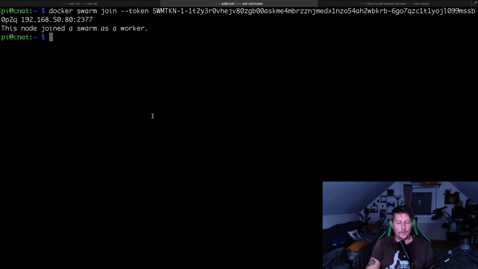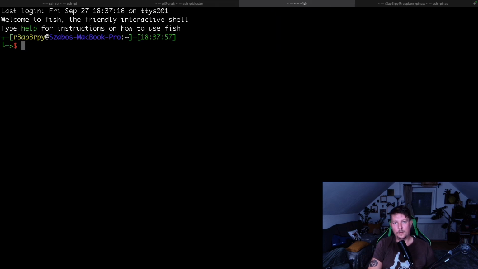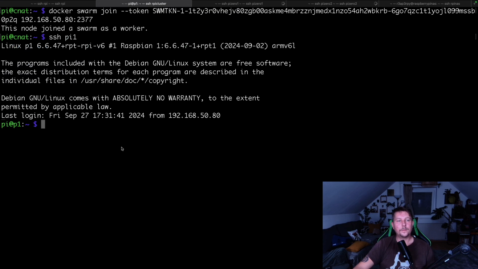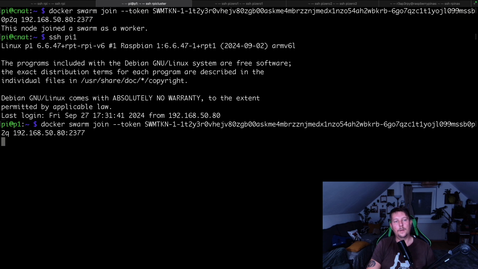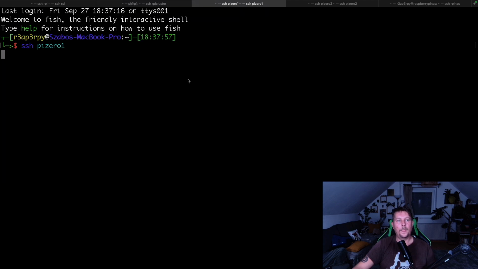So join the node as worker, SSH Pi 1 and SSH Pi 01, SSH Pi 02, so that's going to be joined. Cool. That's the Pi 1 and